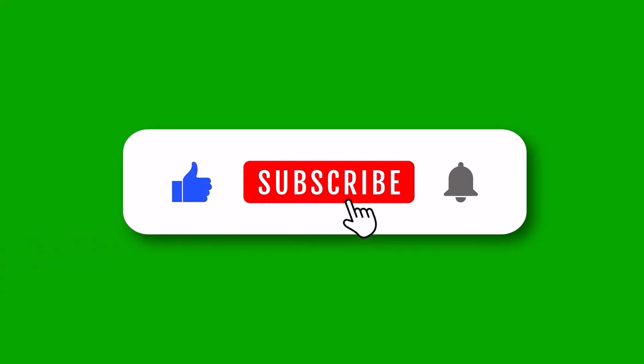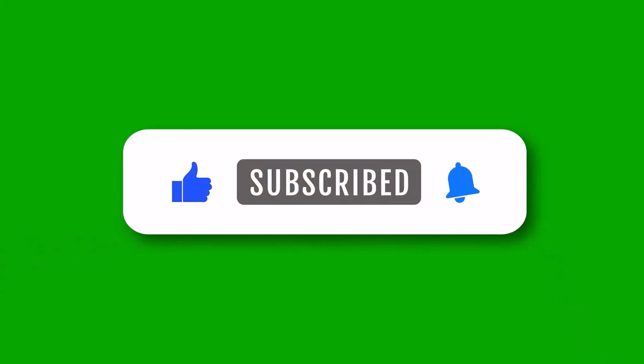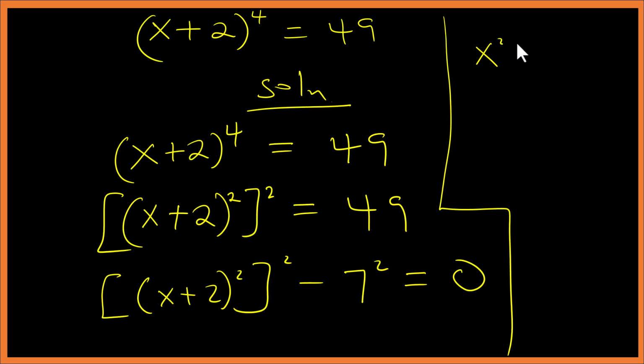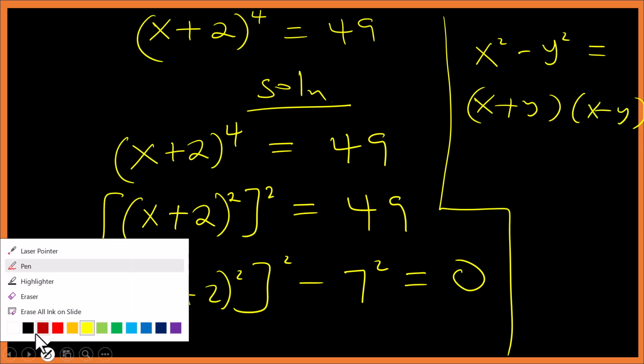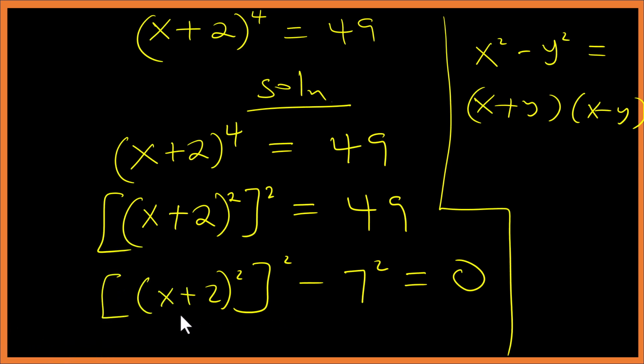is equal to 0. So when you're given x squared minus y squared, it is the same as (x plus y)(x minus y). That is the difference of 2 squares. So we have this one as x and this one as y. So it will be (x plus 2) squared plus 7,